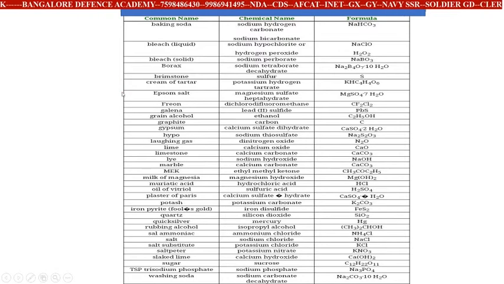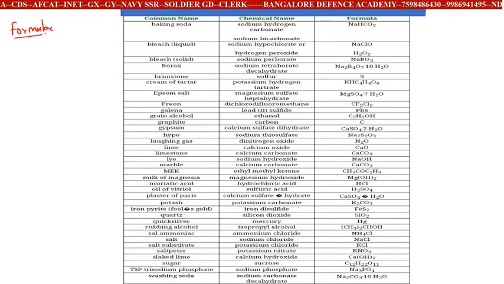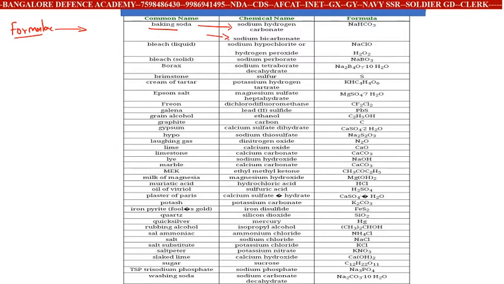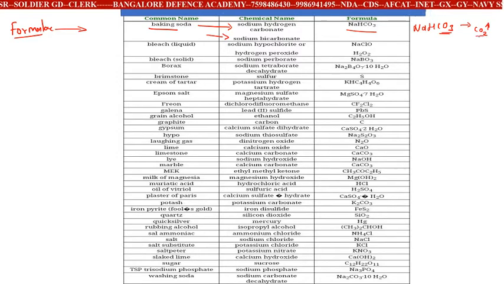In your examination, a small section of chemistry will be given importance on important formulas. So here is the list of important formulas. The first chemical is baking soda. The other chemical name of baking soda is sodium hydrogen carbonate, or it is also referred to as sodium bicarbonate. The chemical formula of baking soda is NaHCO3. Always keep in mind, when CO3 is there and I use it, the product CO2 gas is definitely going to come out.